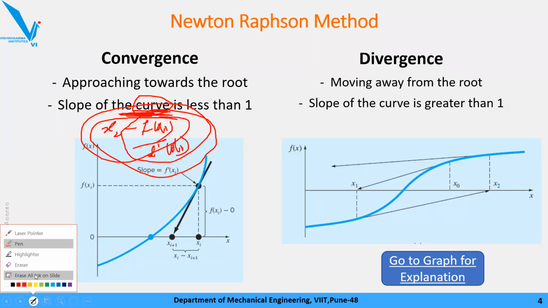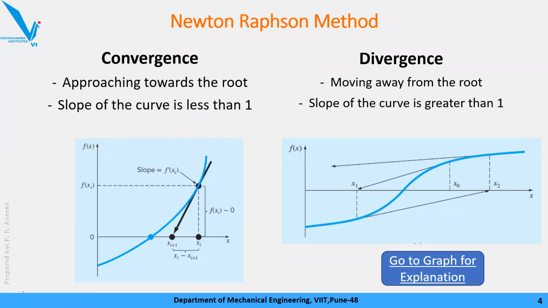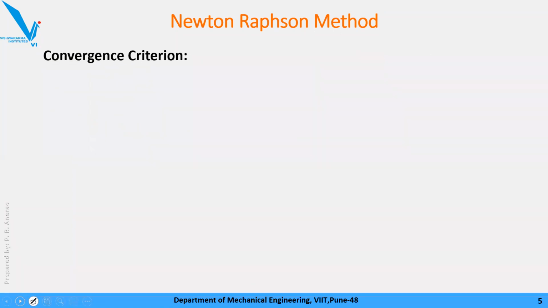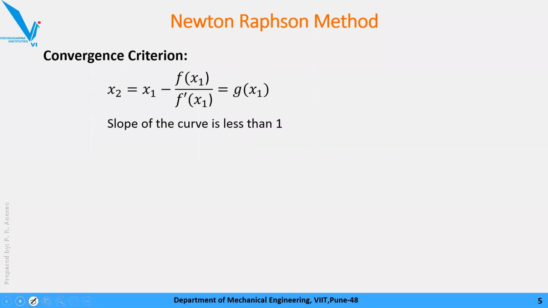As it is part of my job, I have to derive that equation. So quickly I'll derive it. So going for the convergence criteria, we know that the slope of the given function, this Newton-Raphson formula, should be less than 1. Okay, that means the slope of the curve, this g of x1, I took a random function g of x1. That g of x1 is nothing but your Newton-Raphson formula, and the slope of this function should be less than 1. That means g dash of x1 should be less than 1.